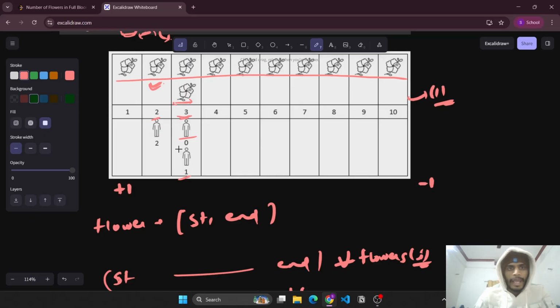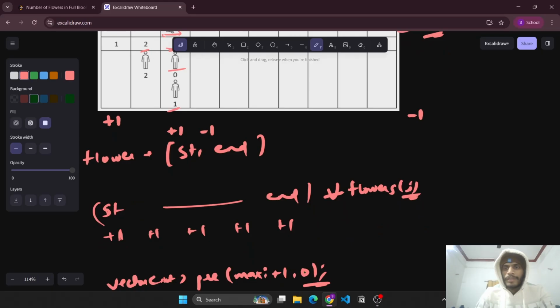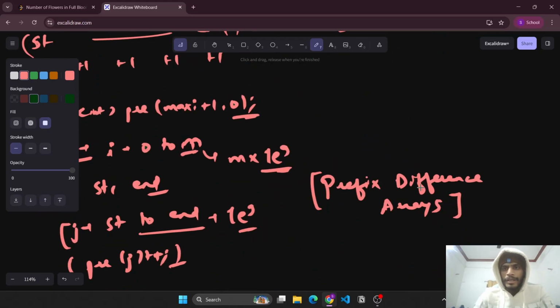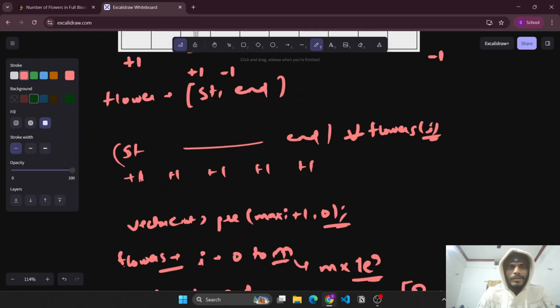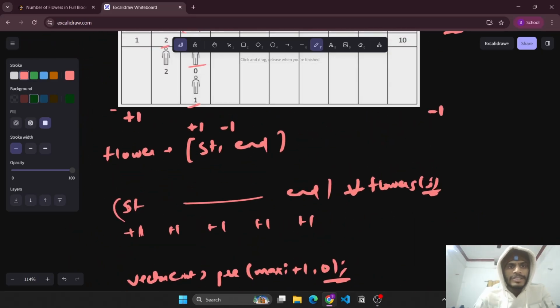Okay, and for 3 what we'll do, we'll increase at +3 and end +1. So at 4 we'll be decreasing it by -1. Now we have created the difference array. Now we need to take the prefix sum. So when we take the prefix sum of this modified array, it will give us the final